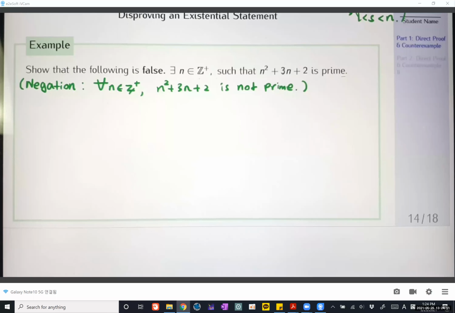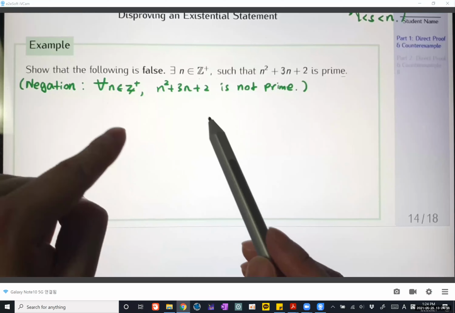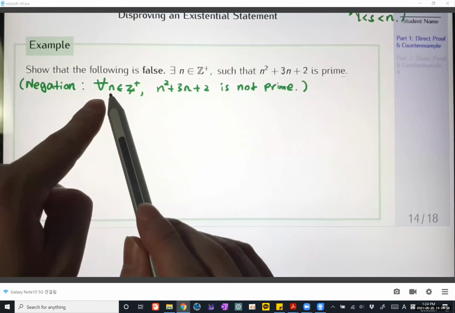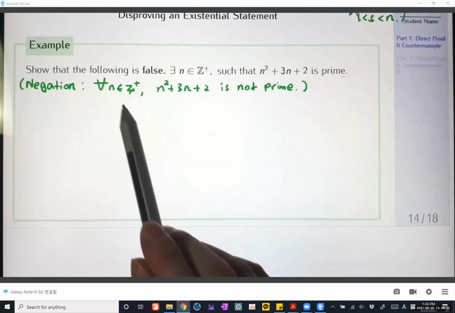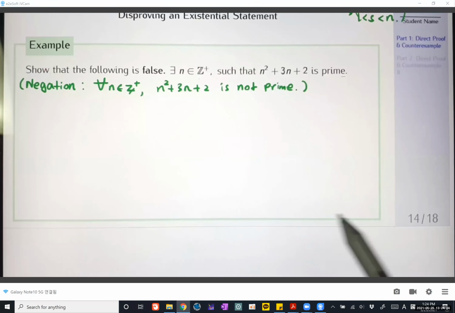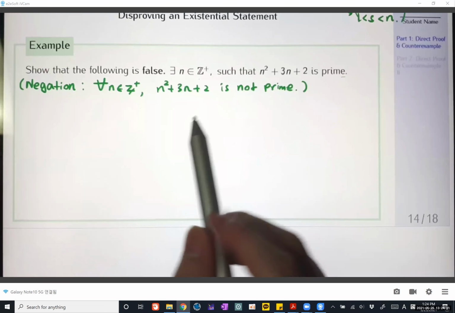Okay, thank you, Carol. We have to use the arbitrary element method because you cannot check every single integer n, like 1, 2, 3, 4, 5. You cannot check every single integer n to prove the statement. So let's go ahead and use an arbitrary element. So in the box,